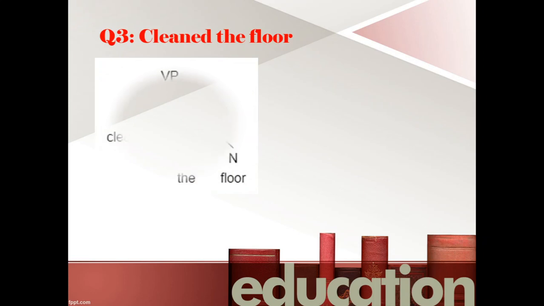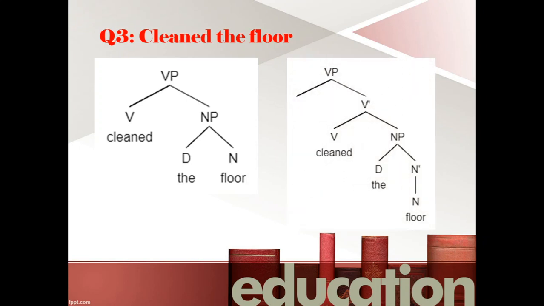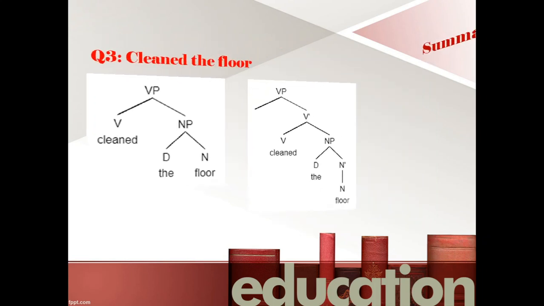Clean the floor. Okay, did you come up with this? Okay, so verb, then we have NP as the complement, and then the NP consists of two words, the and floor. Okay, and this is an X-bar version of the diagram. Yeah, you see this may look complicated because you will see that there is an empty place that I left there, and I did that intentionally. There is a reason why we put a blank there that I'm going to discuss in X-bar theory.